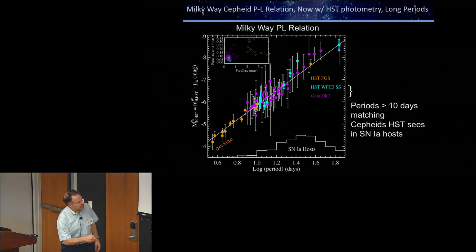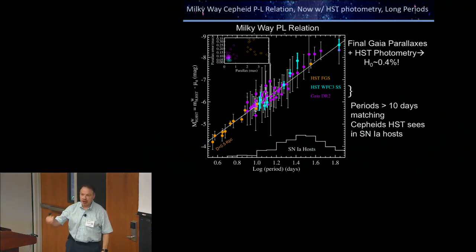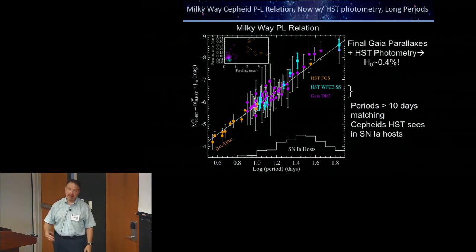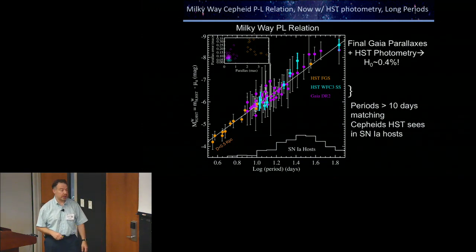However, we are now spanning fully the period range that we see in supernova hosts, the next rung. And when Gaia reaches its final advertised precision in about 3 years or so, this step will be good to about 0.4% in the calibration of the luminosity of Cepheids